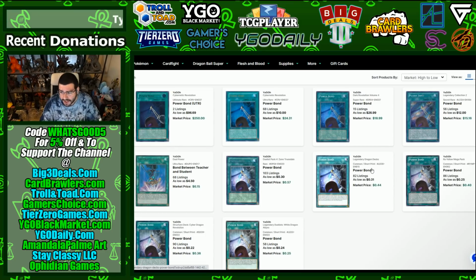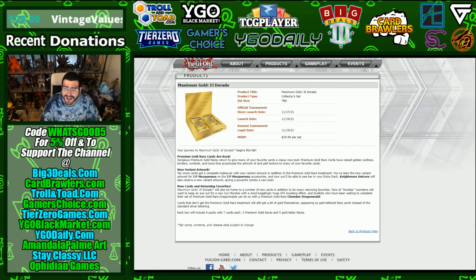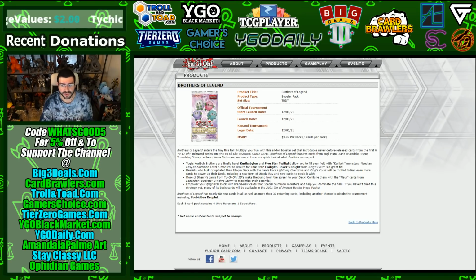Like Power Bond, cool, it already had a Super Rare, but we know it's super hard to get out of DR4. I'll actually take that Super Rare, but a lot of missing the mark. Like I said, we don't know their plans for Maximum Gold, El Dorado, as well as Brothers of Legend. Maybe some of these reprints that we're complaining about missing, or all of them, are slated for these products as they've heard the cries for Scrap Chimera for so long, and maybe they want the OTS pack to tie into it,